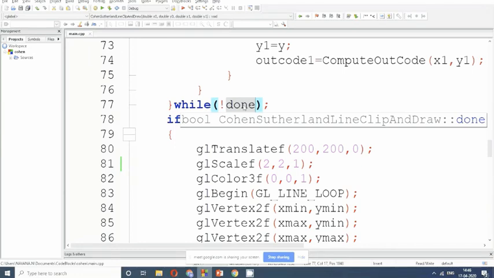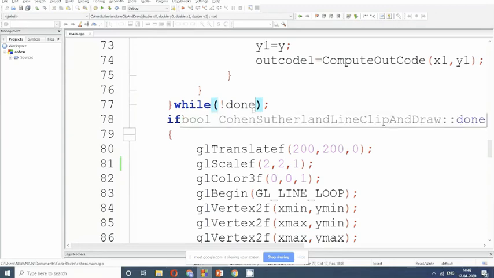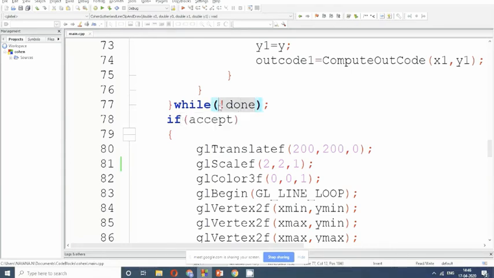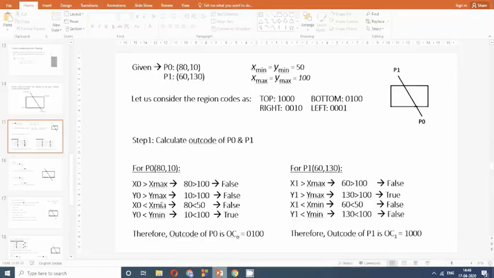So done is already false. So I will set done to true to stop my algorithm. If I set my done to true, this becomes false, and I'll come out of my loop. Since right now I have initialized my done to false, I am not yet done. So this condition evaluates to true, and I will still be clipping in the loop. So that's the loop here.